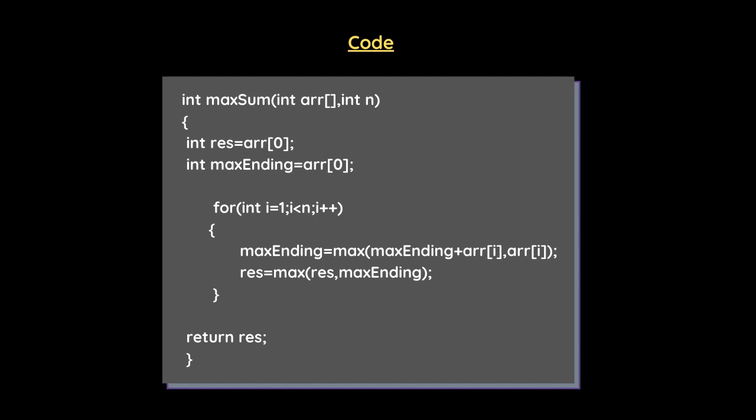Now we have this one single for loop, and this single for loop can find the maximum subarray sum. In this for loop, i is initialized from 1, which means we are starting from index 1 of the array, and i is less than n. So the loop will iterate till i is less than n, and after each iteration i will be incremented by 1. Inside this for loop, in the first line we are taking the maximum of 2 choices: max ending plus arr[i], and arr[i]. Whichever is maximum we store in max ending. In the next line, result equals max of result comma max ending. So here we take the maximum of result or max ending, and whichever is maximum we store in result. At the end of this function we return result.